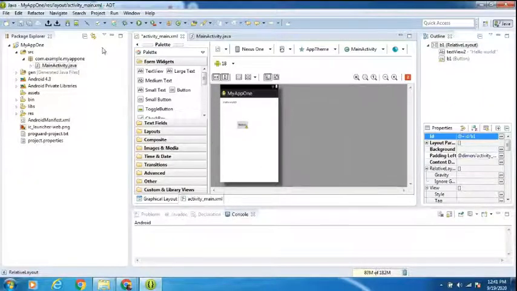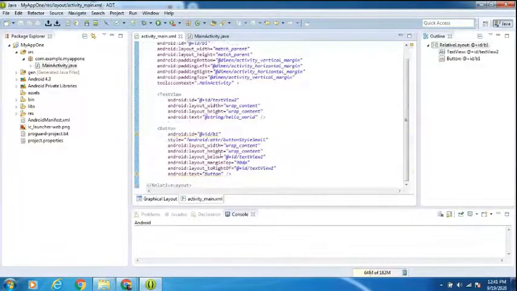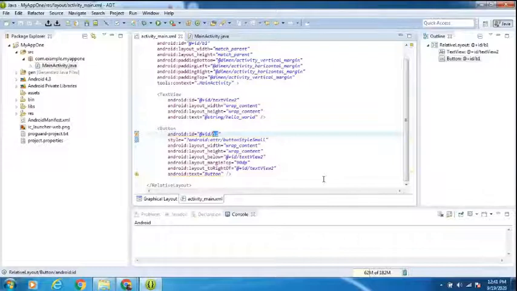Now you can save here. After saving, go again to activity XML. You can see here what it is changed to. Button 1 or B1? Can anyone of you let me know, please, everyone? Either it is button 1 or B1. B1.